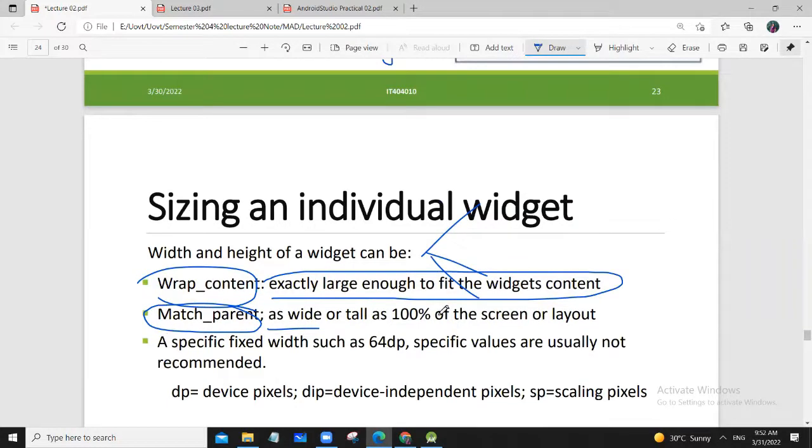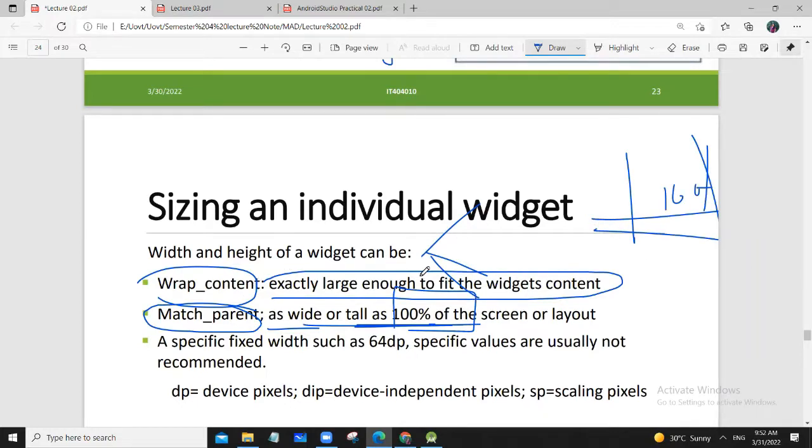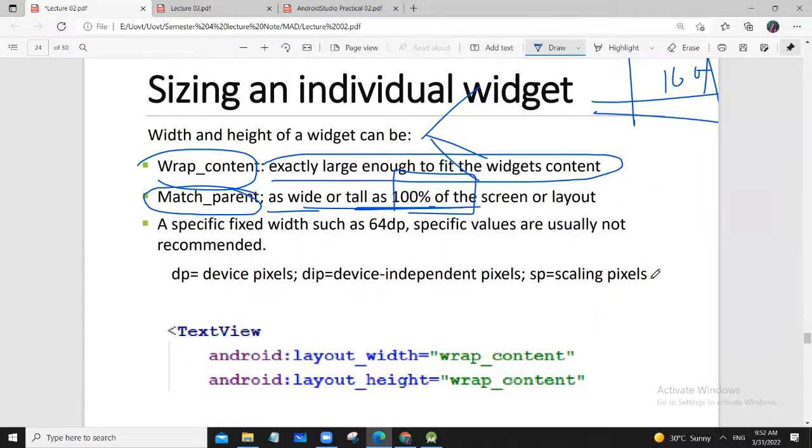So in match parent, this is tall or wide. That means tall or wide as 100% of this screen. In the other case, it's exactly large enough to fit the widget content. So these are the two types of heights and widths available in widgets. Okay, and also you can define a specific fixed width or a specific fixed height such as 64 dp. You can specify fixed